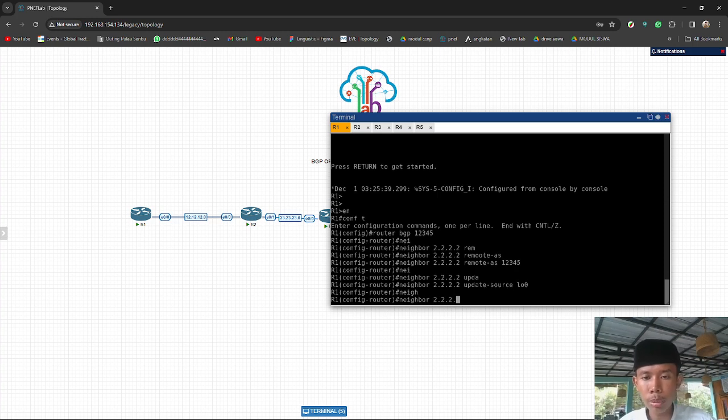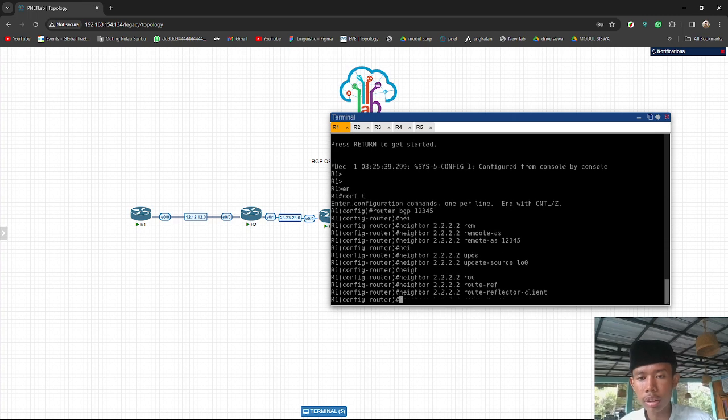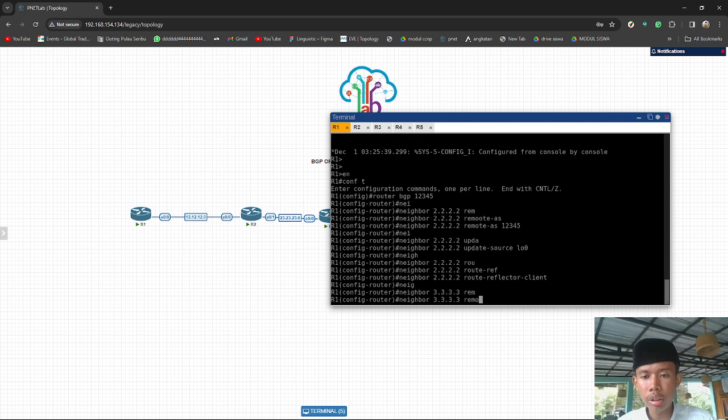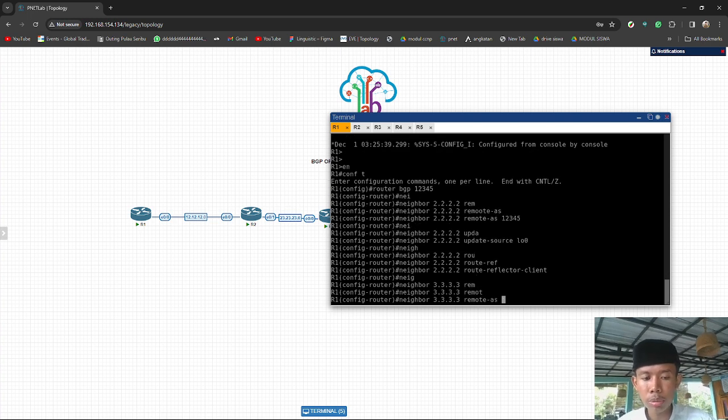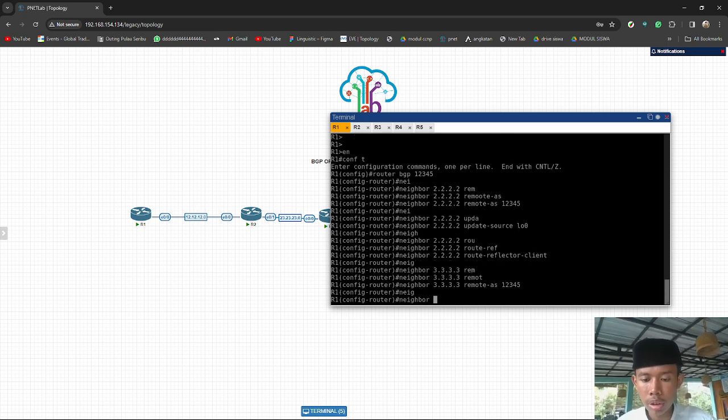Neighbor 2.2.2.2 route reflector client, and for neighbor 3.3.3.3 we will set the remote AS like before. Neighbor 3.3.3.3 remote AS 12345, and like before we are going to do update source